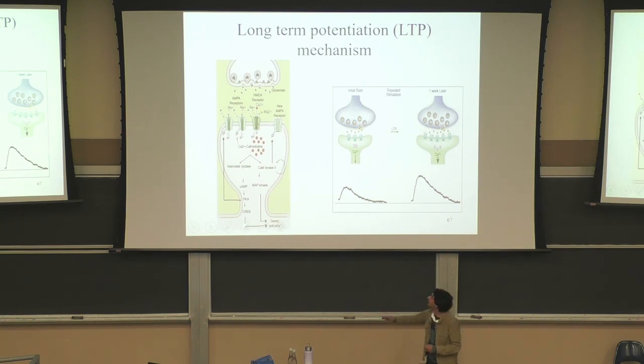And then on the postsynaptic end of things, we have more AMPA receptors. So we have both more glutamate being released and more AMPA receptors. And in addition, those AMPA receptors can be phosphorylated, which further increases their conductive abilities. So all of those three things taken together are some of the major things that are happening during the long-term potentiation. Okay, so any questions about this part here?